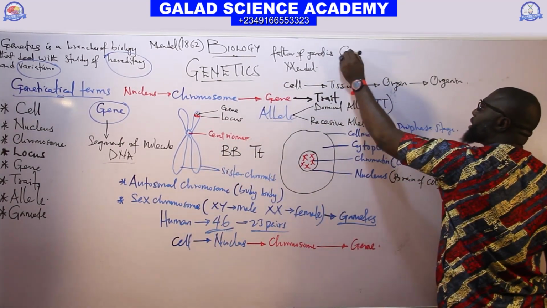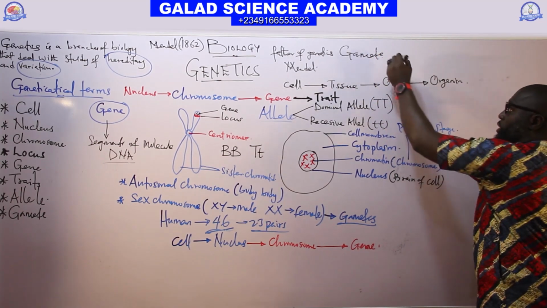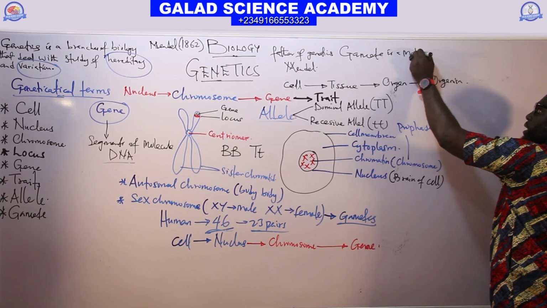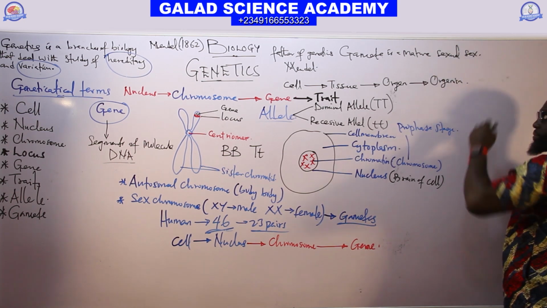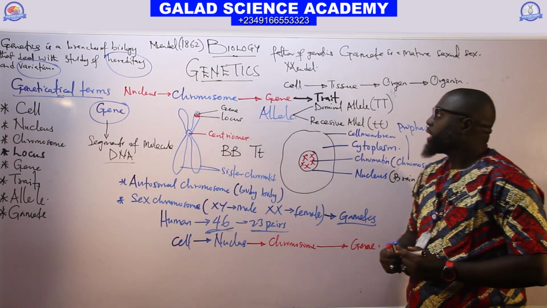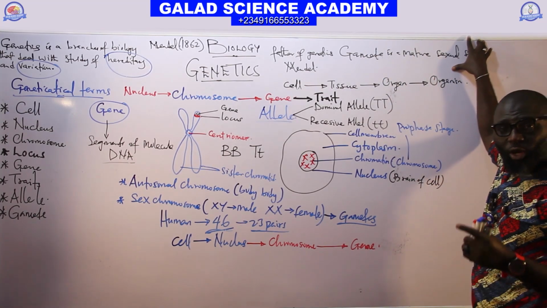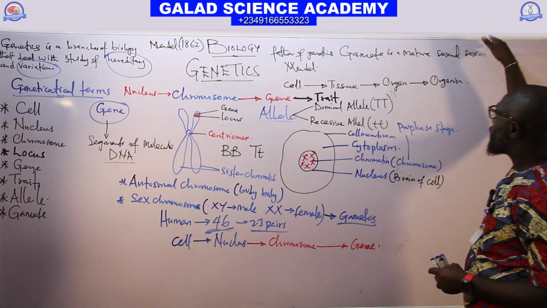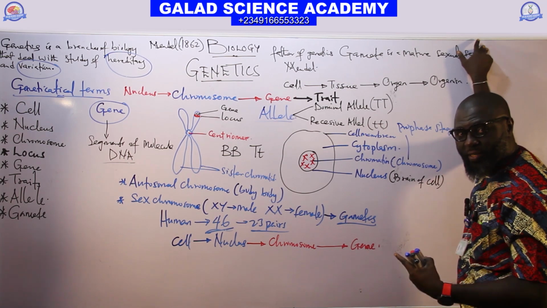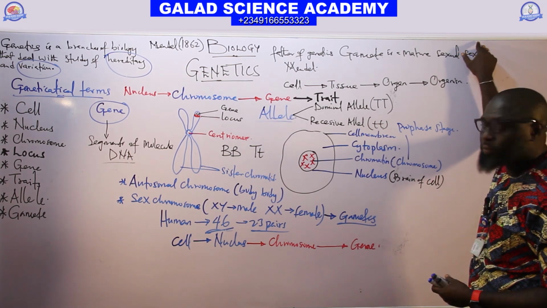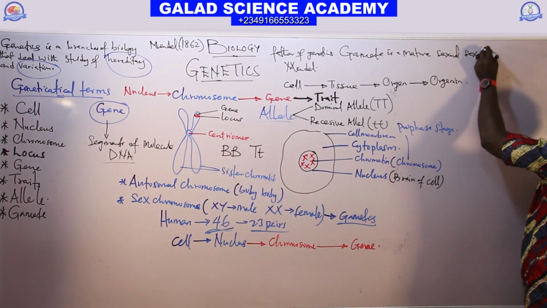Gamete is a matured sexual cell which is produced during the process of gametogenesis in reproduction, and it's comprised of both